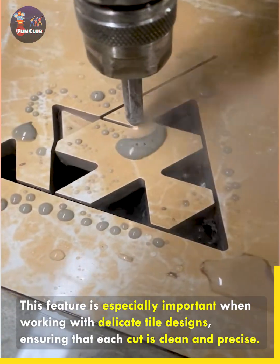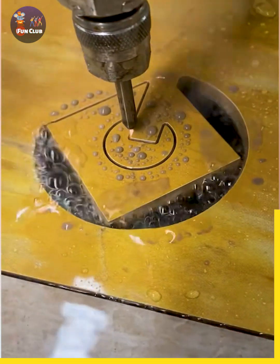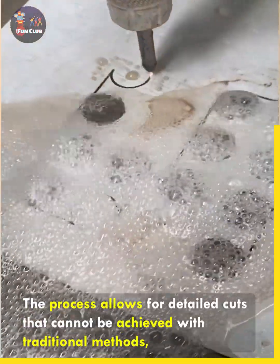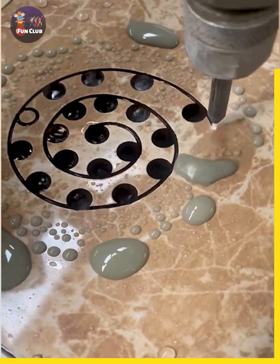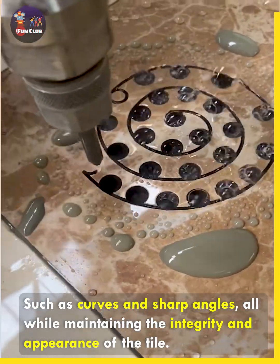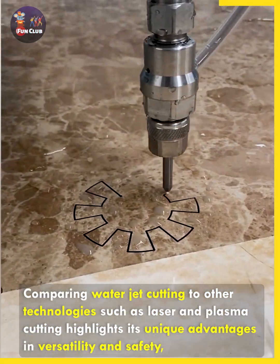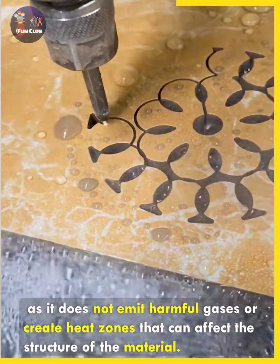This feature is especially important when working with delicate tile designs, ensuring that each cut is clean and precise. Such as curves and sharp angles, all while maintaining the integrity and appearance of the tile. As it does not emit harmful gases or create heat zones that can affect